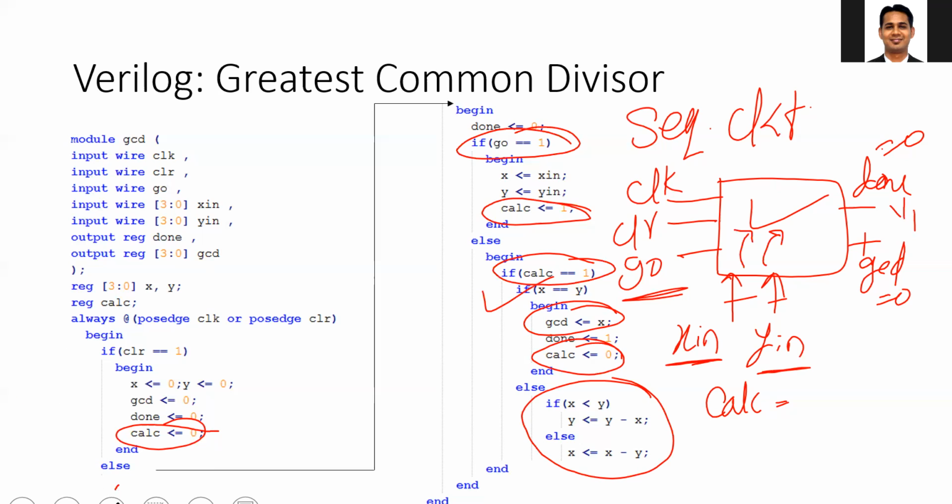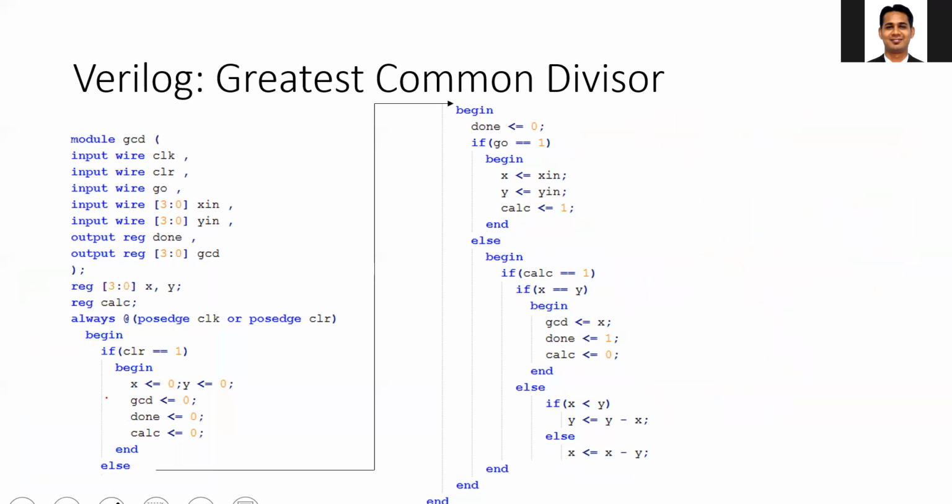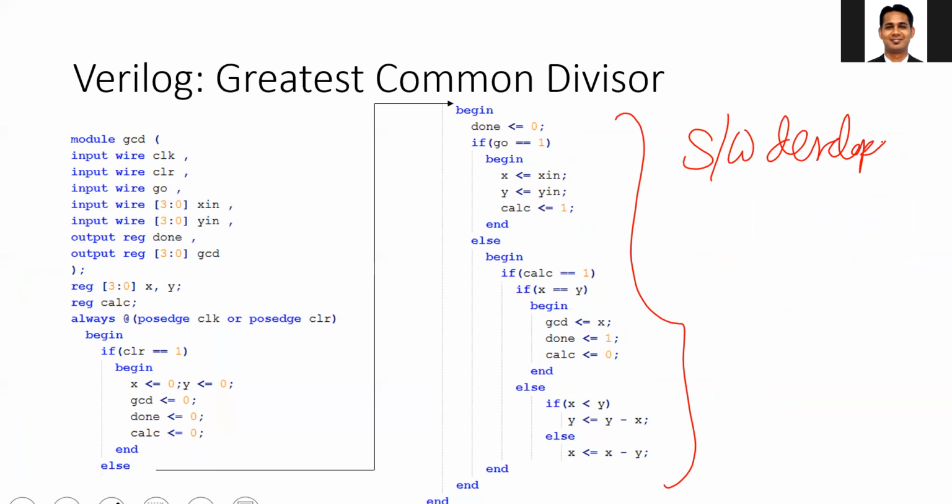So you can see that this is a very neatly designed code which performs the GCD calculation. It is synthesizable on the hardware. Everything is fine, but the problem is that this code is designed by a software developer, and the problem with such code is that it is very difficult to debug.